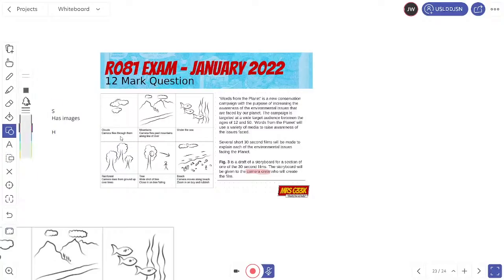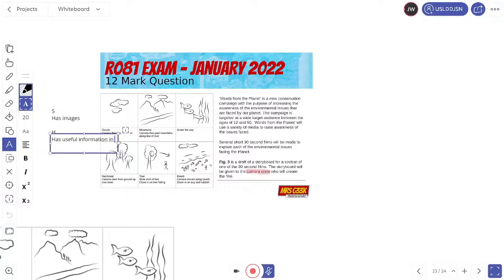Another strength is that it has useful annotations in the section under there. So it has useful, oh my goodness me. What is wrong with me? I don't know why I can't type. That's really not helpful. Go away. I want to edit this one. Okay, I'll just type that again. Has useful information in, oh dear me, such as location.